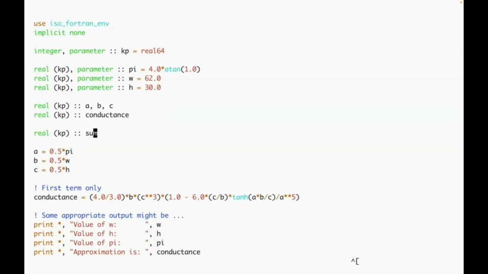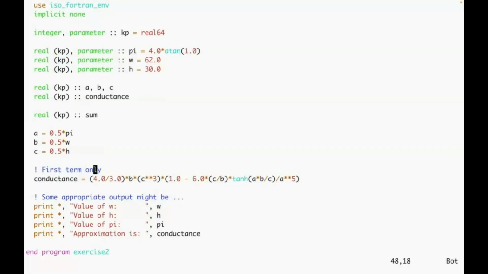Let's just call it sum. It's no longer the first term, so we'll do sum equals 0.d0. So I'm making that explicitly a double precision. I could also do 0.0 kp, which would also be fine. And what I need to do is do i equals 1 to